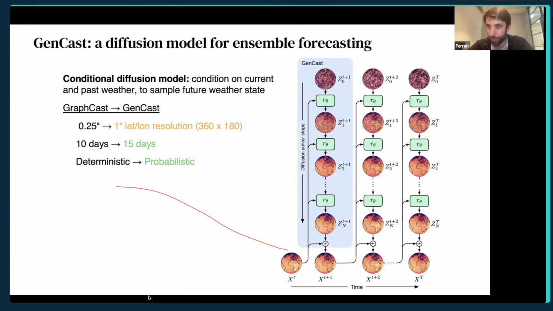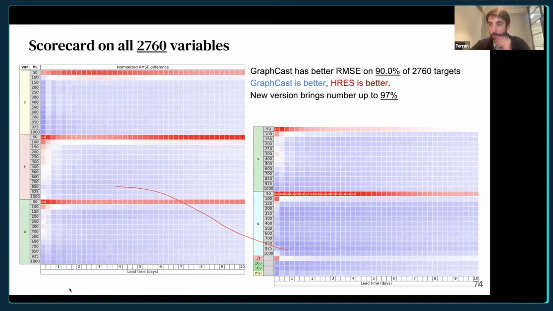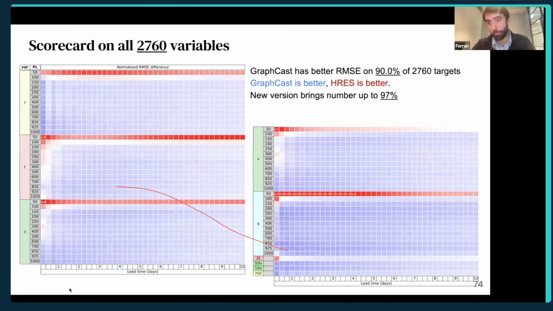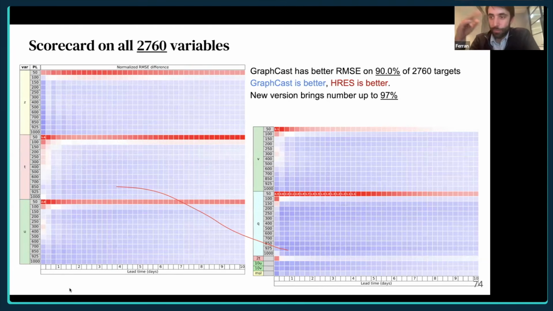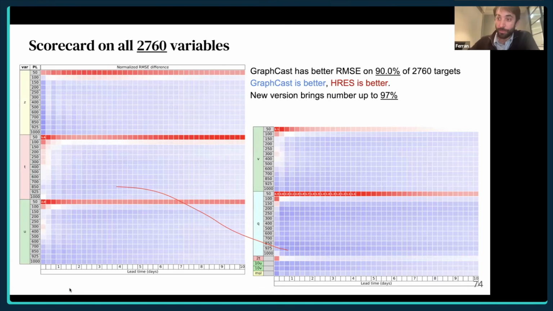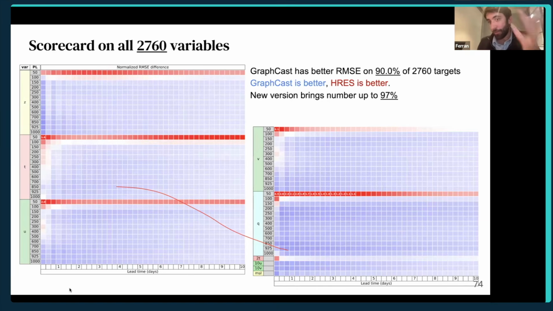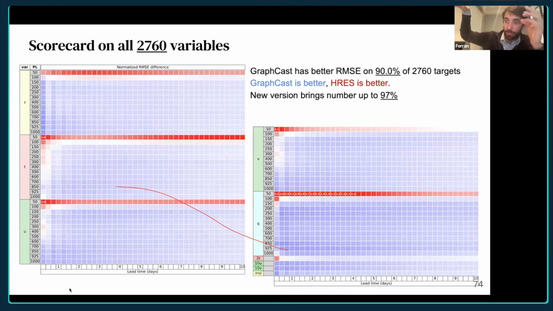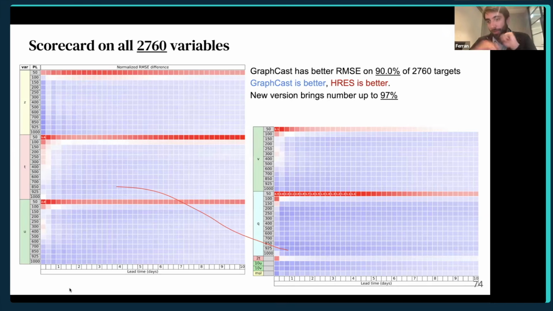Yes and no, but let me answer in two parts. What I mentioned was that the loss was more principled. As we can see in this slide, it's really a massive number of predictions. For those familiar with multitask learning, it's massive multitask learning. You have to care about thousands of predictions at the same time. So really, it's about a trade-off. You say, okay, I can do better in surface, but I'm going to do worse in the top of the atmosphere. If I do better on the top, I will do worse in the surface. So we really set the weights of the loss function a bit. We invented them with a simple formula, and we left them at that.